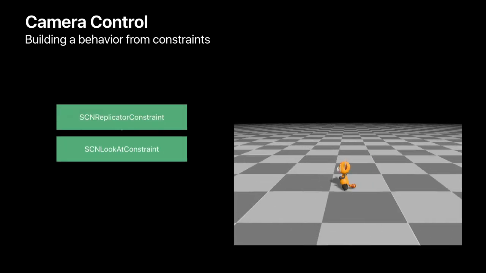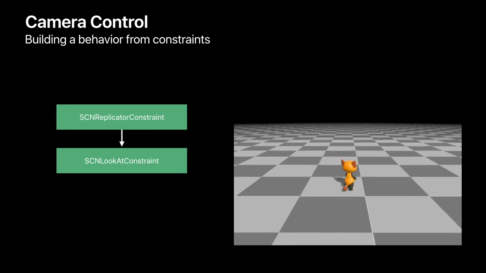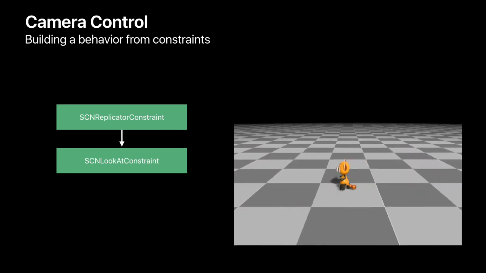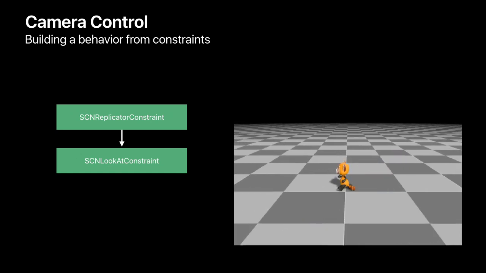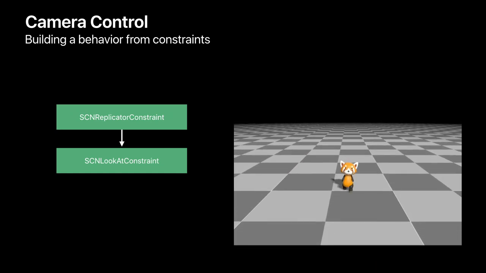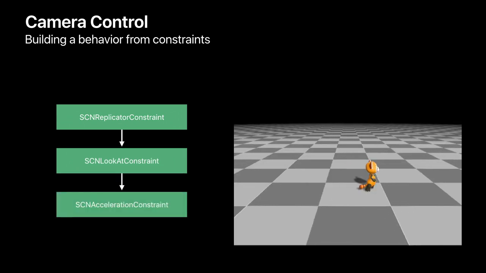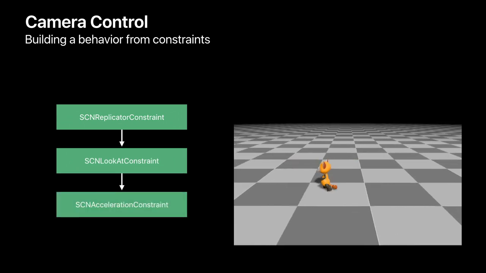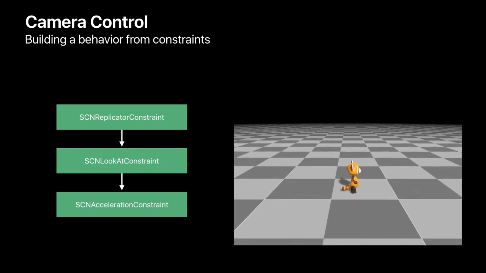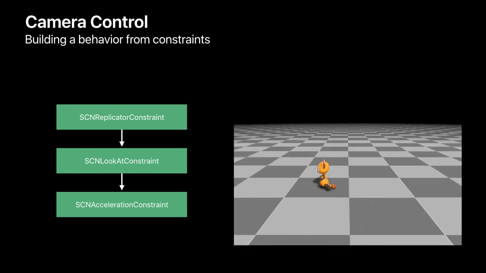If I add a replicator constraint, I have a basic camera behavior that replicates the movement of the character with some offset and continues to look in the direction of the character. If I append to that an acceleration constraint, I now have the same behavior, but smoothed thanks to the acceleration constraint that is applied after the other constraint.